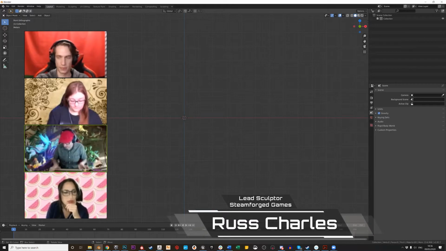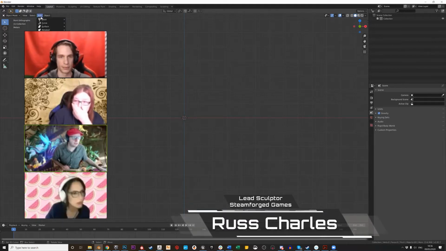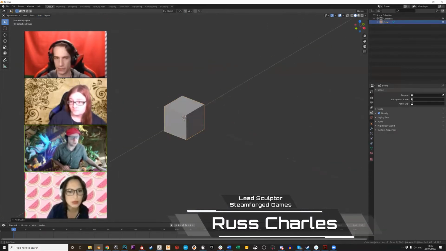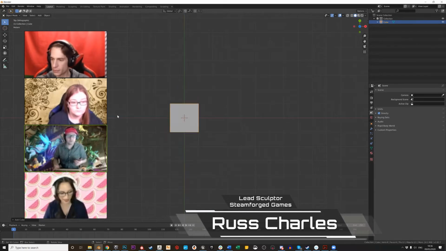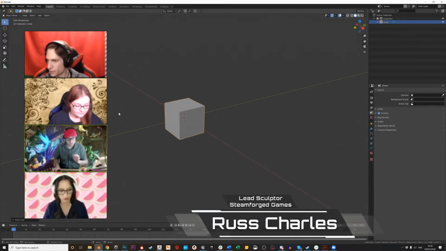To understand the Blender orientation, I'm going to quickly add a cube, and I'll move. So I'm using middle mouse button to just move around my cube a little bit. If you press 1 on your number pad, you'll go to the front view. If you press 7, you go to the top view. And if you press 3, you go to the side view. If you press the number pad 5, that'll flip between